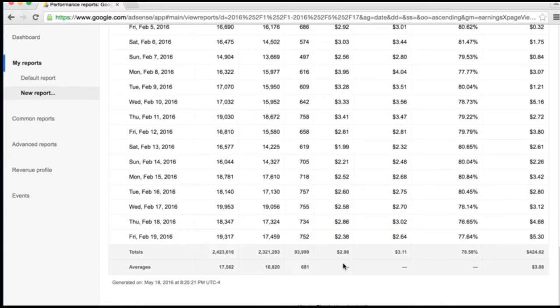So for us this year, that number is $2.98, and we can also take a look over here at the average number of page views that we receive each day, which is 17,562, and we could do the math and figure out how much money we're averaging per day by multiplying $2.98 by 17.562. Now, I would like to mention that the sample data that we're using includes data from a YouTube account,